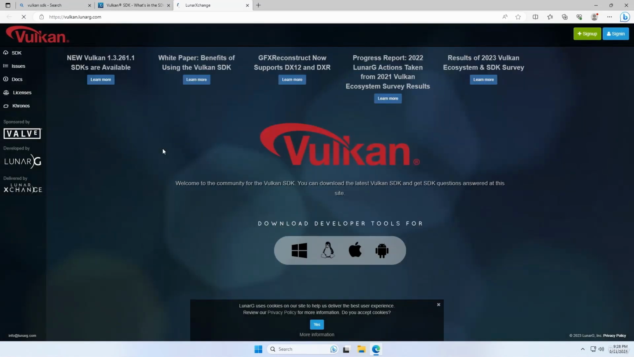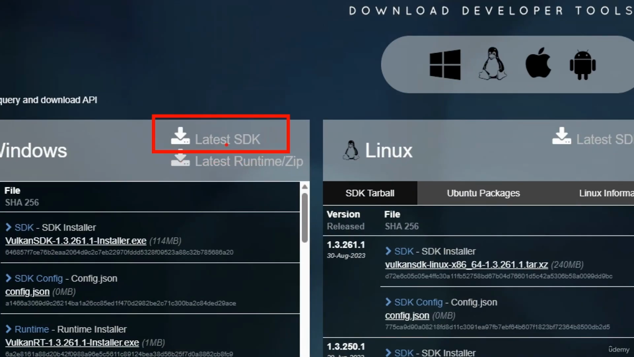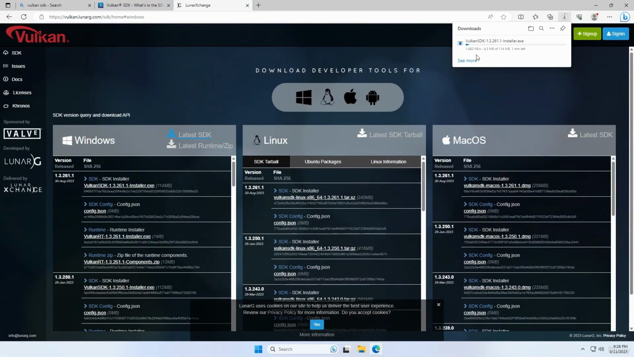This brings me to a new site where I can select my Windows platform. It is here on the left. It will bring these options, and I encourage you to install the latest SDK. The download process will start as you can see on the top right, and when the installer is downloaded, I